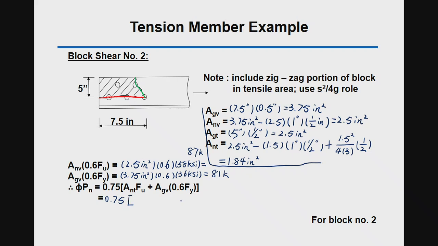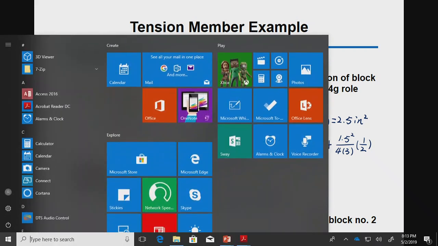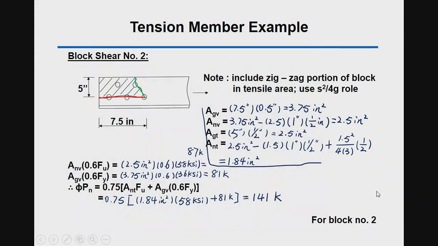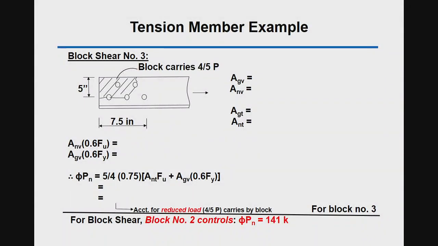So ANT now equals 1.84 square inches, times FU 58 KSI, plus 81 equals 141 kips, and we noted that this number is smaller than shear block 1. Okay, and the next,